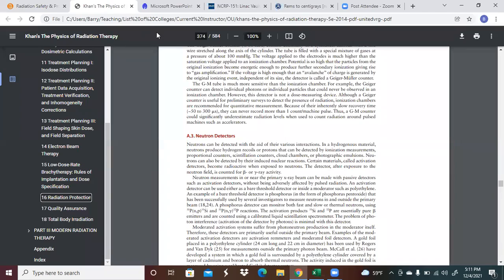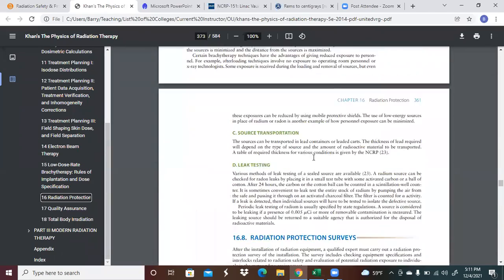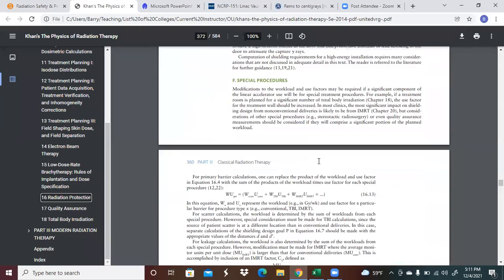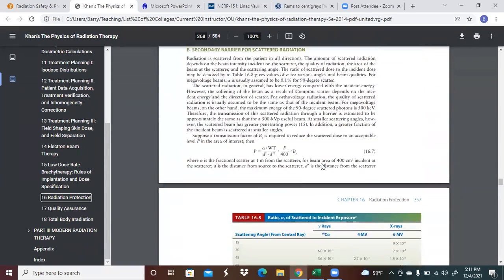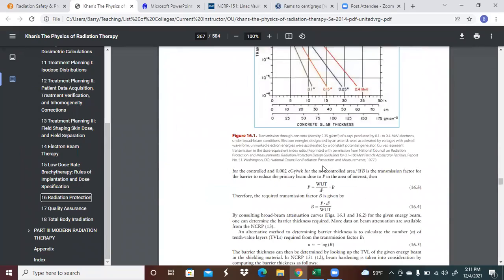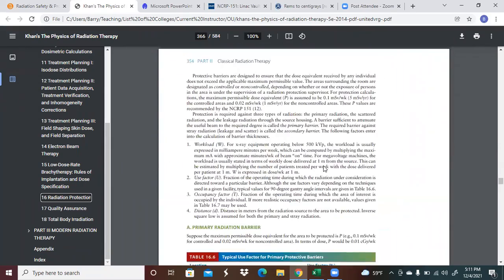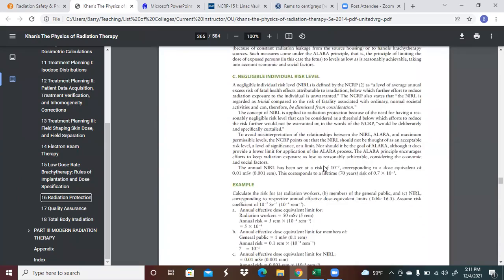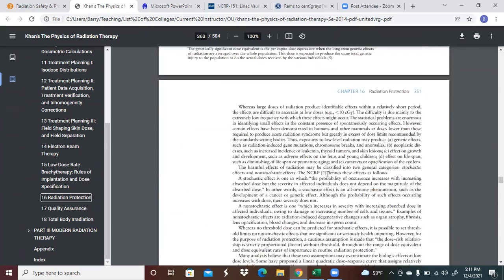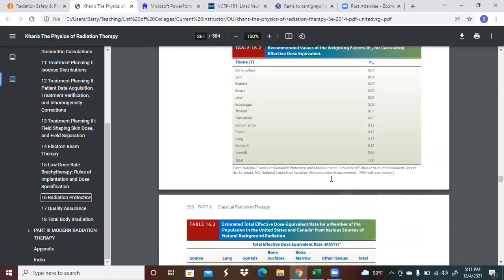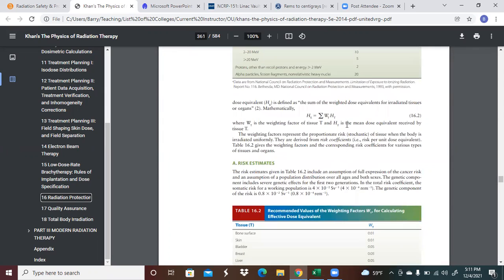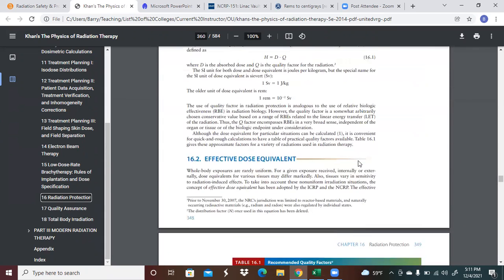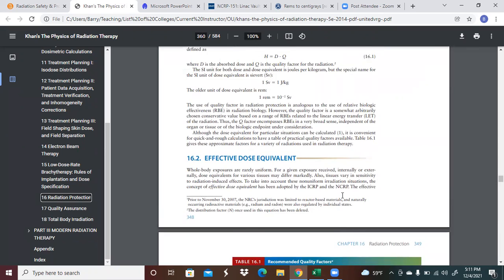If you go back a little bit further, let me back this up. There we go. You can see a number of weighting factors here, and this is going to be primarily from